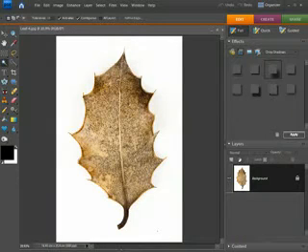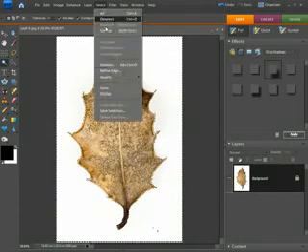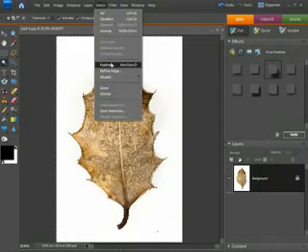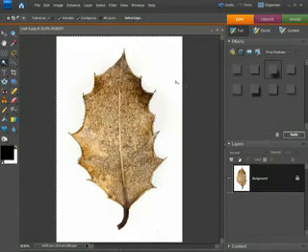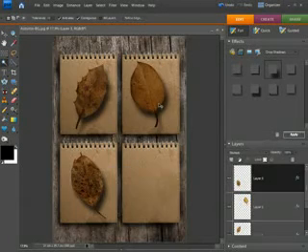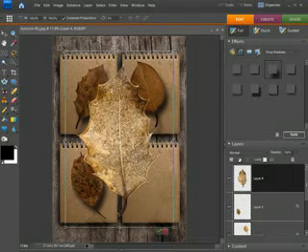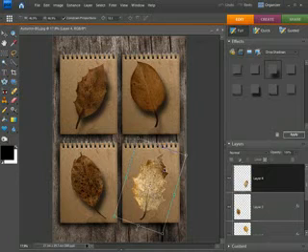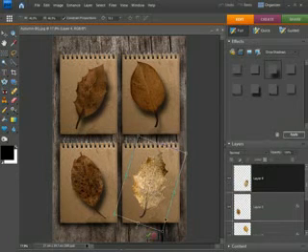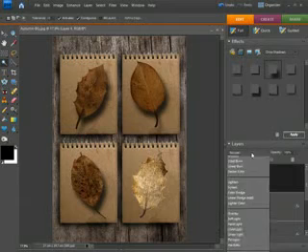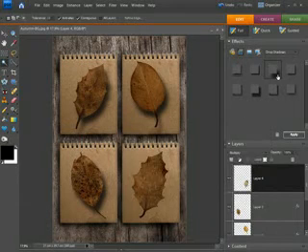Last one. So just as before, click on the white area with the magic wand. Modify and expand it by 2 pixels. Feather it by 1 pixel. And inverse it so the leaf is selected. Control X. Close it down. Control V. Control T for free transform. And resize it down. And you can see that using the keyboard shortcuts combined with doing this a few times, you can quickly build up speed, so it really doesn't take too long to do.